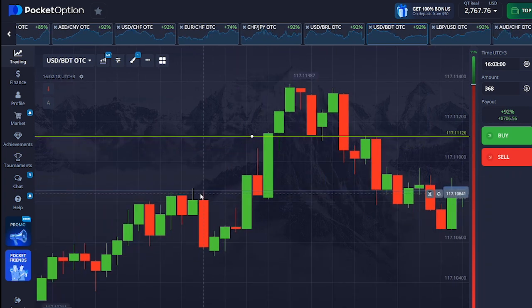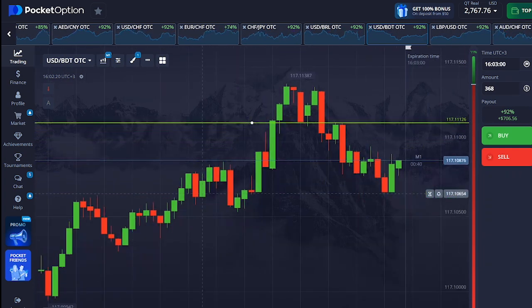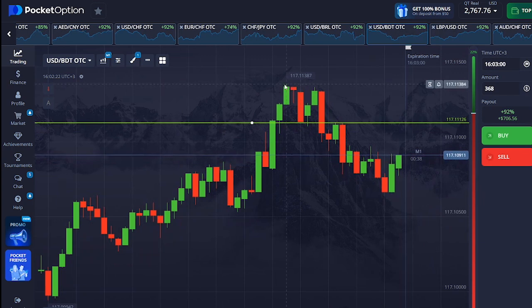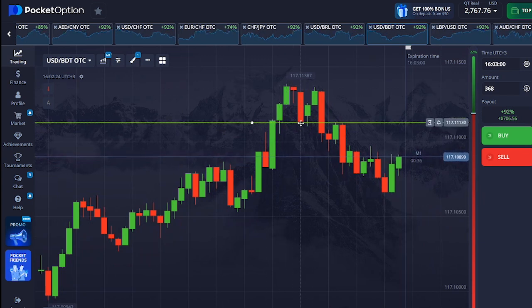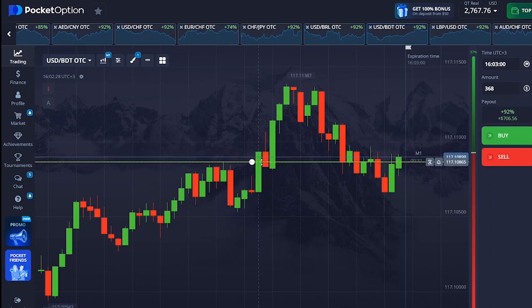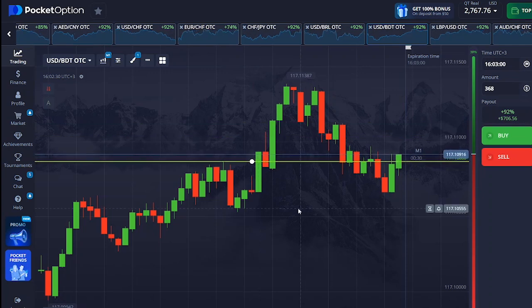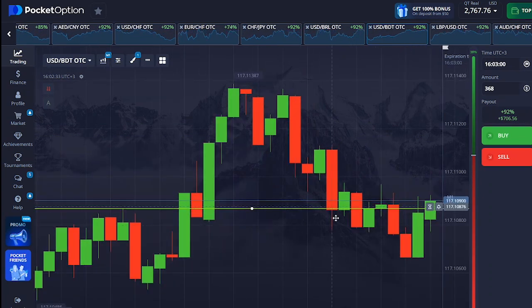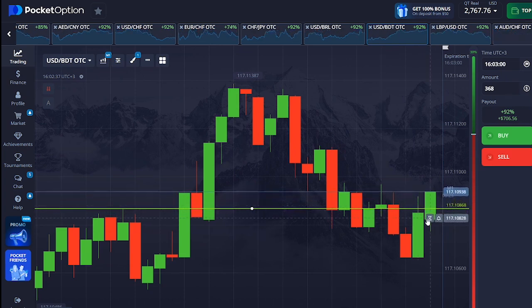But as we can see here, we had this uptrend, then we formed this double top right here. We broke the neckline. This is the neckline. We broke it. Then once we got back to this, let me zoom in, once we got back to this supply area, I took a trade right here, and it closed as a winning trade.